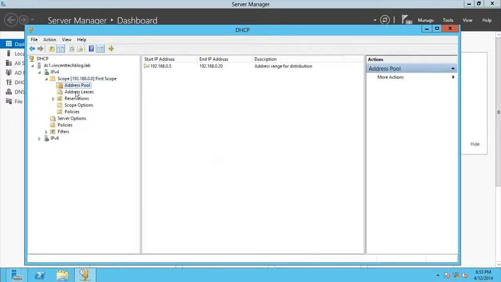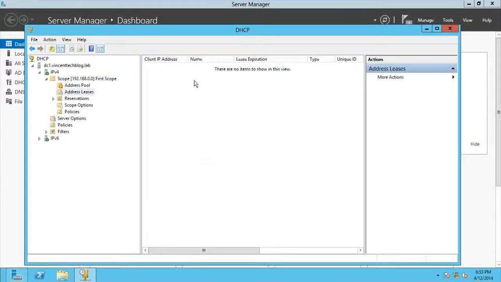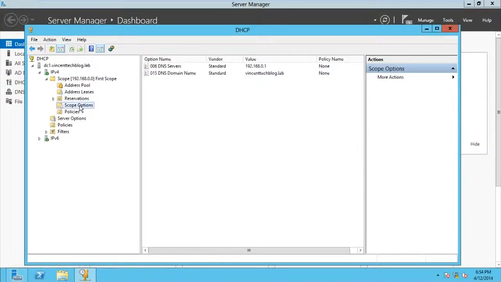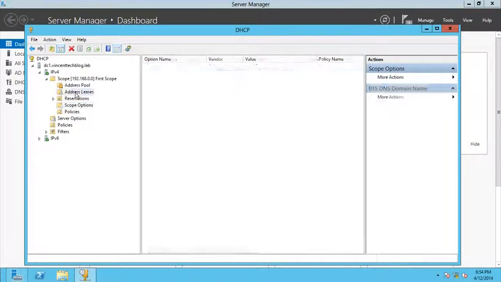Okay, here we have the address pool that is from .5 to 20, just like we gave, and the address leases are none yet because no system on the network has received an IP address yet. Okay, so now if you have problems with the DNS and you want to change it, you can come to the scope options and change the IP address of the DNS and all that. Okay, now guys,